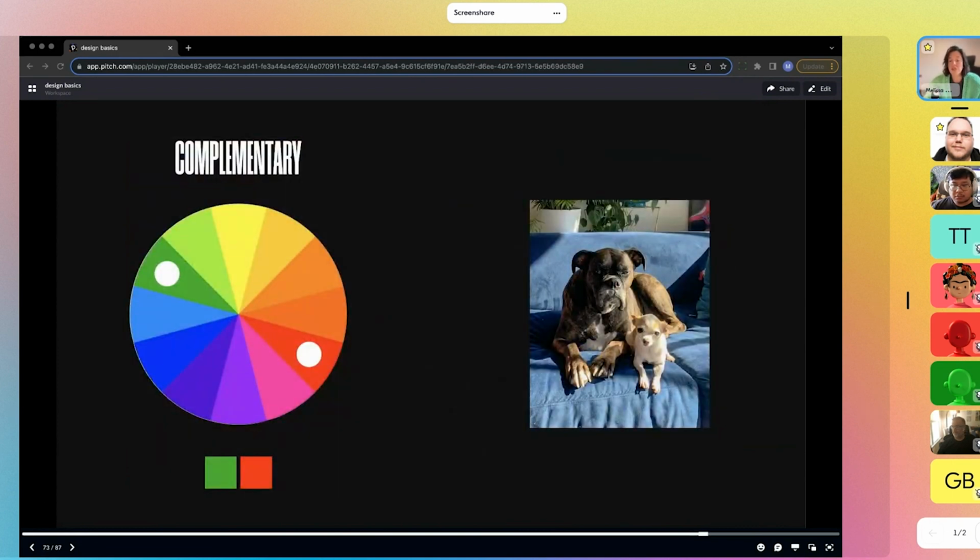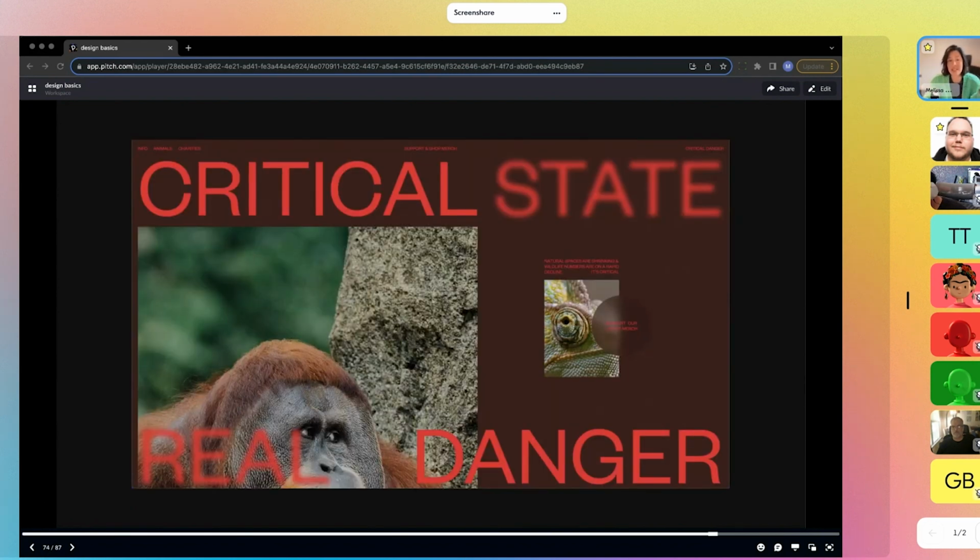Then we go into complementary colors. As you can see on the color wheel, complementary colors are the ones in front of each other on the wheel. And if you want to relate it to something so you never forget it, it's like two best friends that are completely different, but somehow they complement each other. That's the case with green and red. In this example, I wanted to show you how to inject color into a website